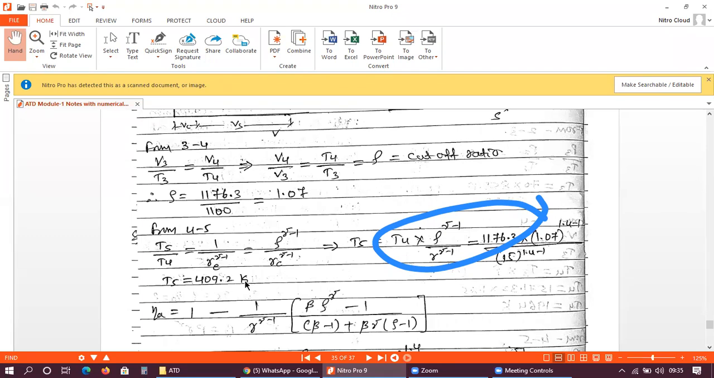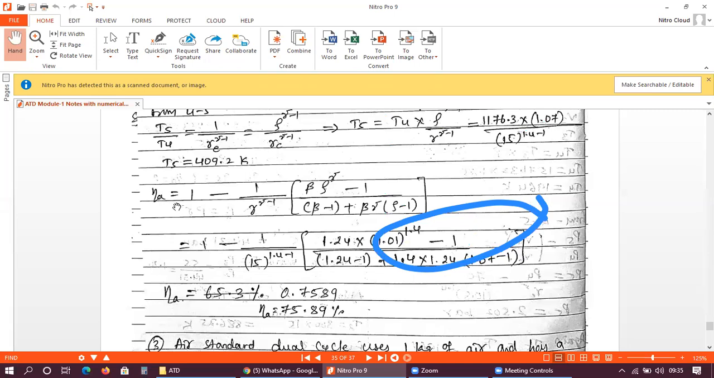Okay. So as you can see, in this problem we have calculated T2, T3, T4, T5, right? So temperatures at all the salient points we have calculated. So here, why we need to calculate this rho and beta, right? We have also calculated this rho and beta. Rho is the cutoff ratio and beta is the explosion ratio. So no doubt we have calculated those two values also. Why we have calculated? Because